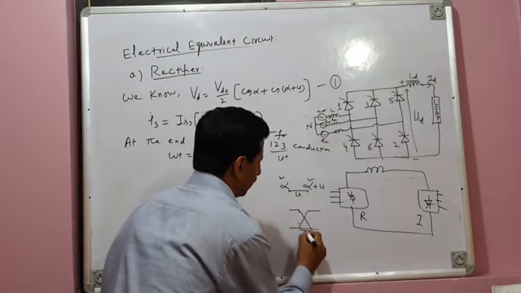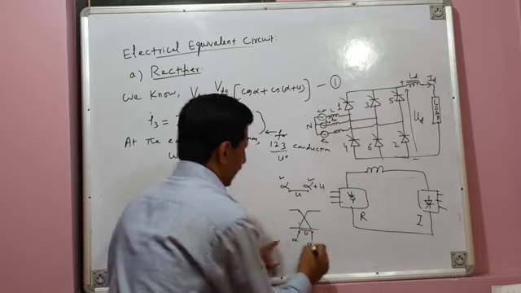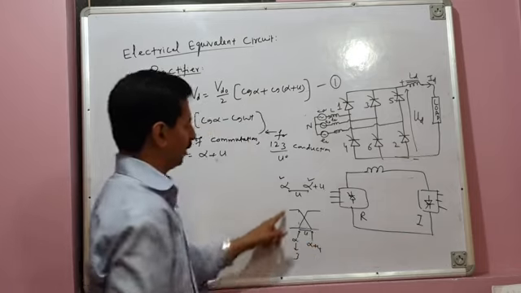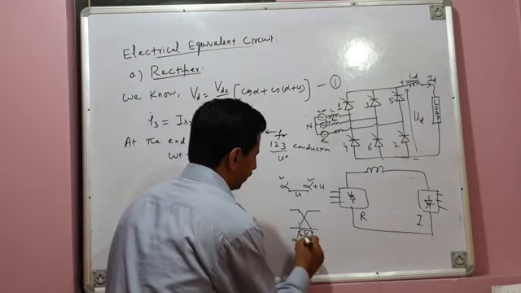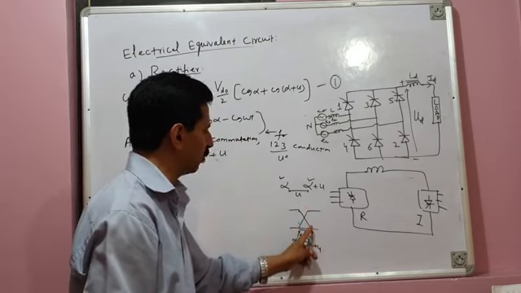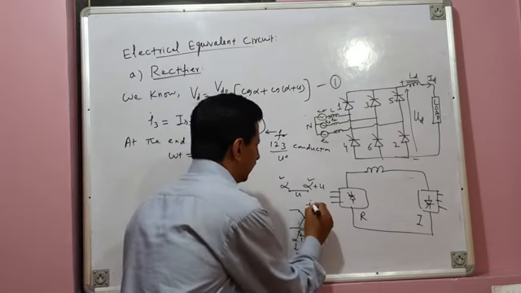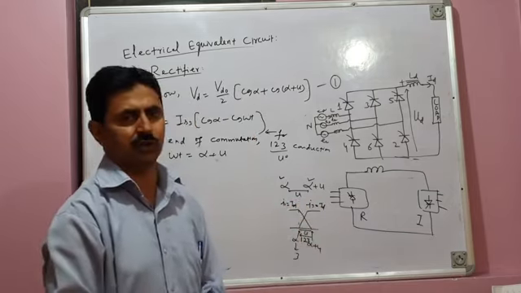This is your u. This is alpha and this instant is alpha plus u. At alpha, valve 3 was fired and commutation between 1 and 3 took place, and this gives your valve 3 conduction, 1, 2, 3. At the end of commutation, when commutation is over, this is your I3 equal to ID, and previously I1 was equal to ID, and during commutation I1 plus I3 is equal to ID.